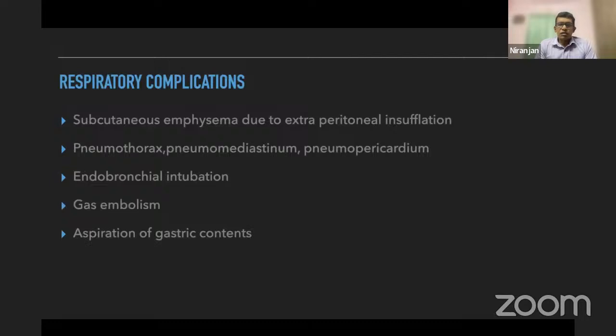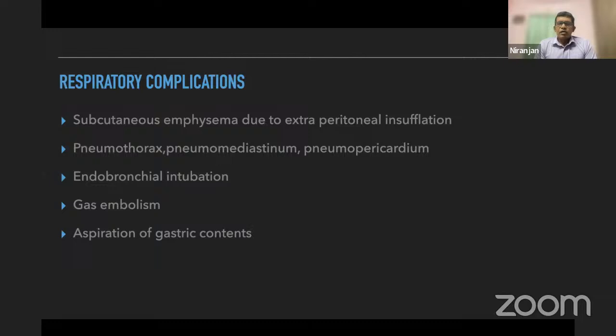These are some of the complications you can expect. These are rare, but still, subcutaneous emphysema due to extraperitoneal insufflation, pneumothorax, pneumomediastinum or pneumopericardium can occur through a rent in the diaphragm or pleura, and